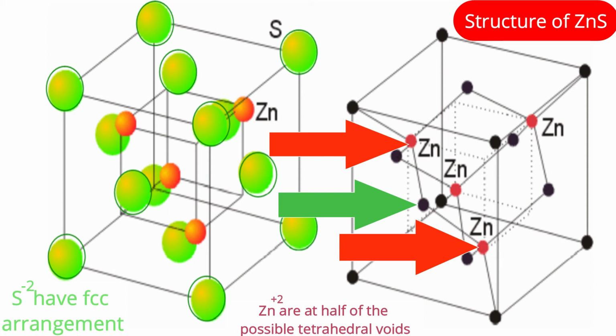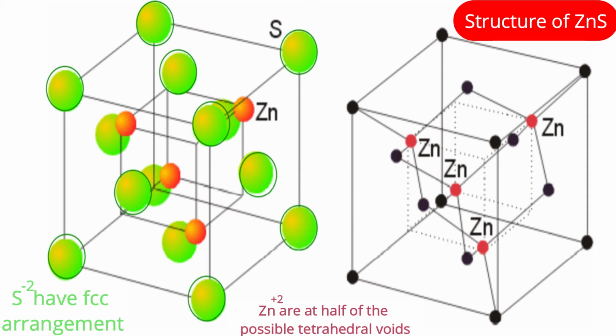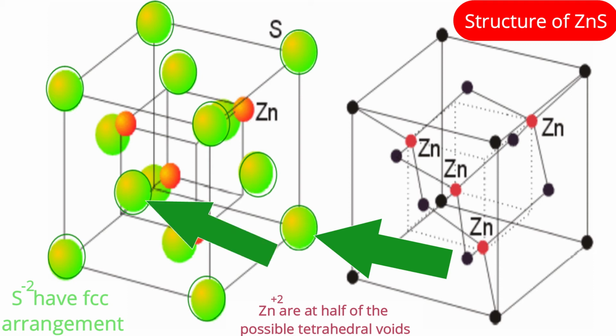Zinc ions are surrounded by four closest sulfide ions. Out of those four, three are at centers of faces, and whichever is at the center of a face, one sulfide ion is coordinating two zinc ions. Are you following what I am saying? Now let us find the coordination number for sulfide ions. Two kinds of sulfide ions are here. Number one, sulfide at corner, and number two, sulfide at center of face.